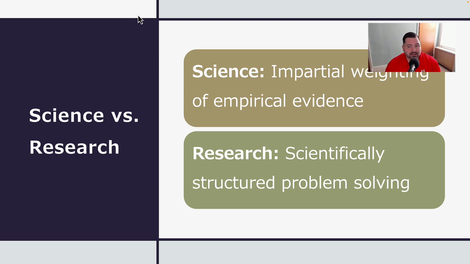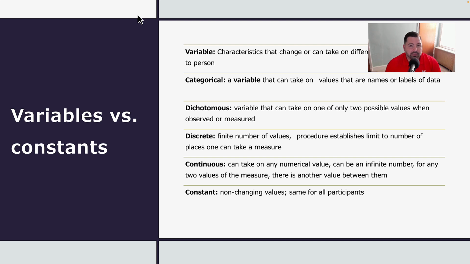So where science is an impartial way of weighing different evidence, giving certain studies more weight compared to other studies that get a little bit less weight, research is more of just the scientific process of how we approach the problem-solving issue. Another important concept that I think is important for everybody to understand is the difference between a variable